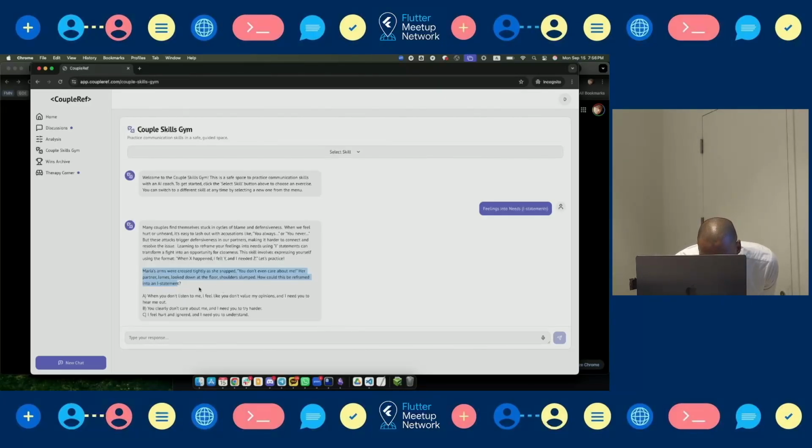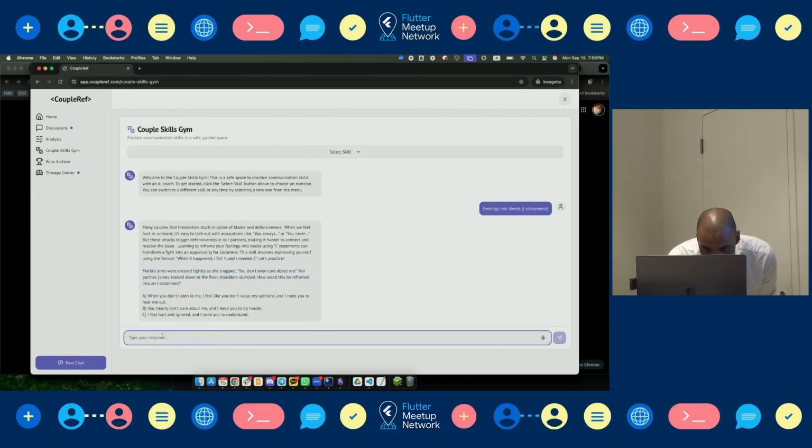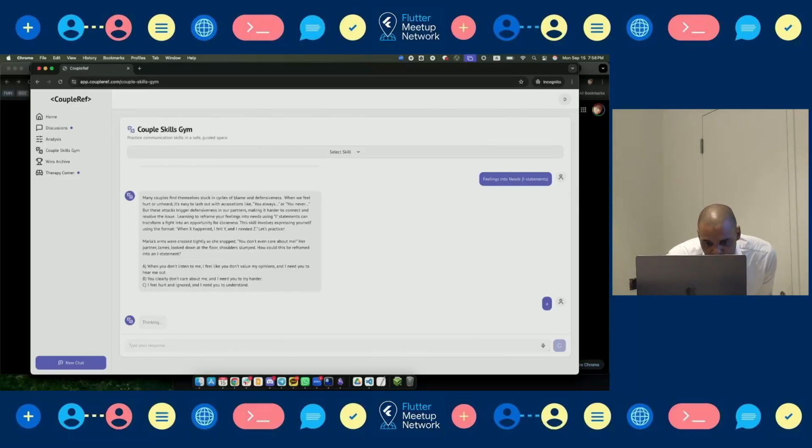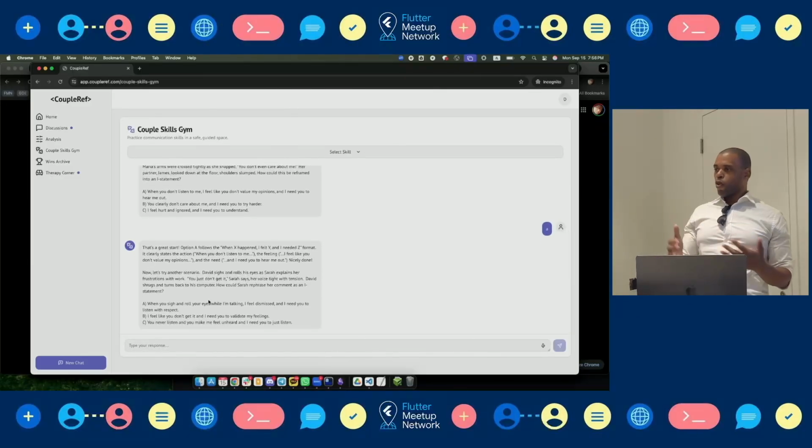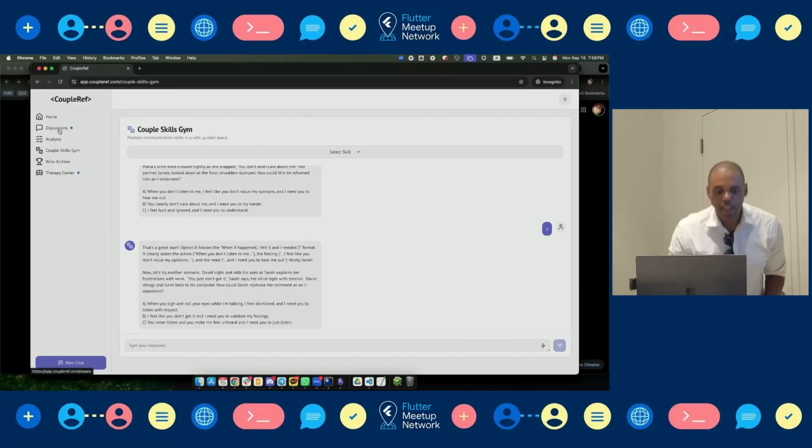How could this be reframed as an I statement? I'll say A. Okay, and so basically I can try different skills to get feedback, as an agent to help us have discussions.